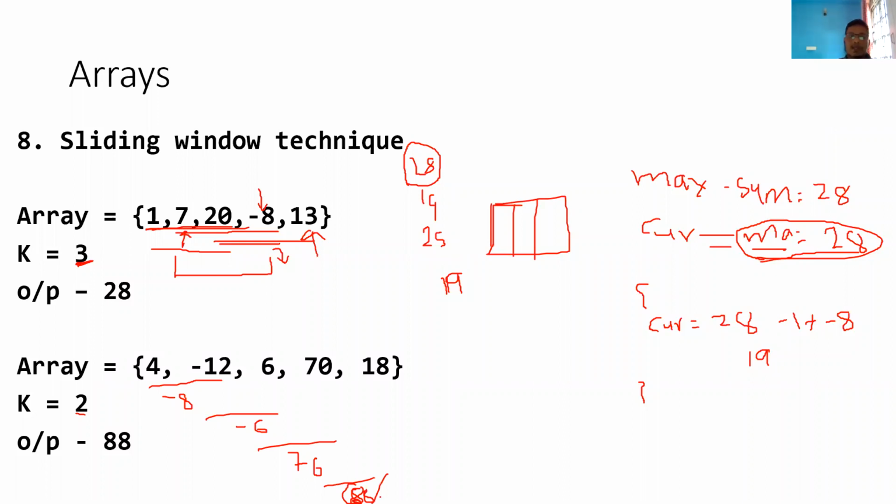So what is the time complexity here? The time complexity is definitely how much? Order of n. No, it is not order of n, it is theta of n. Because you need to do the sliding window till the last. So there is no best case and worst case here. There is a definite exact case here. That is the reason it will be theta of n.